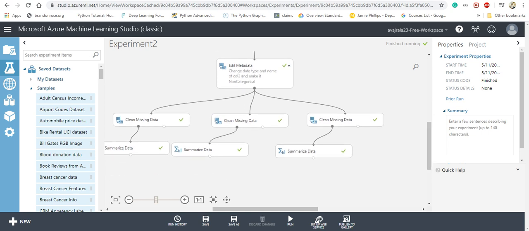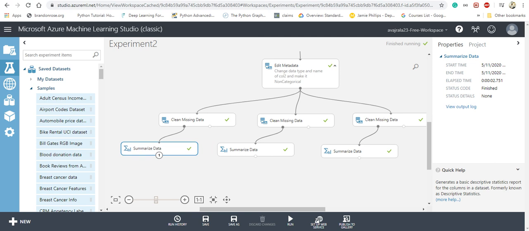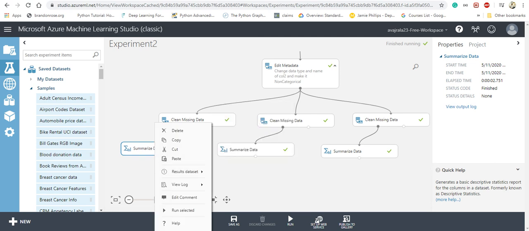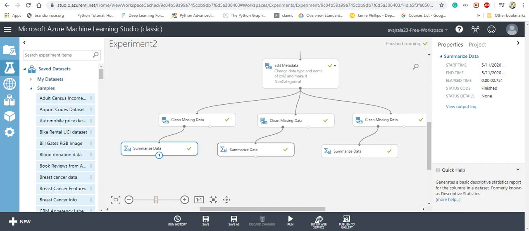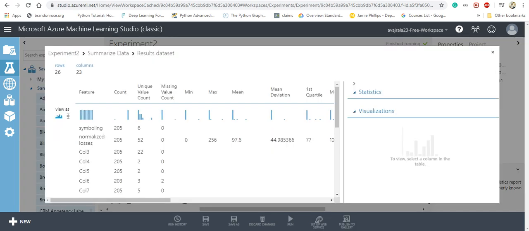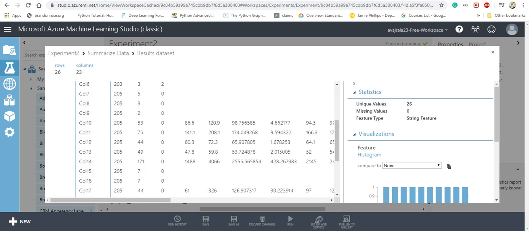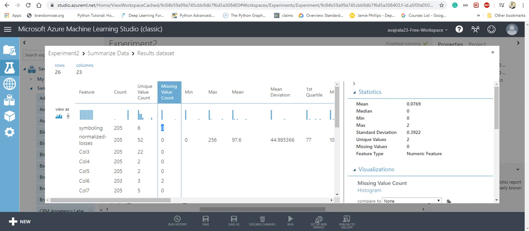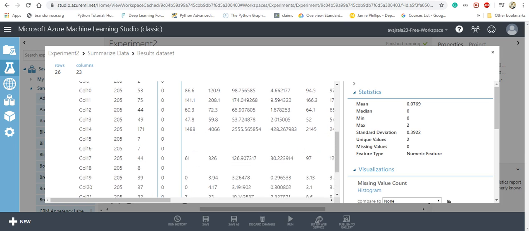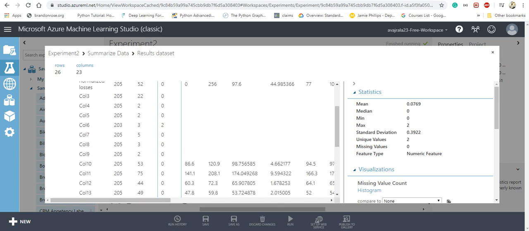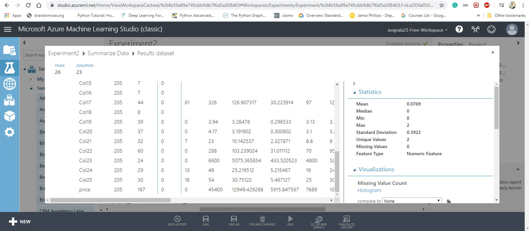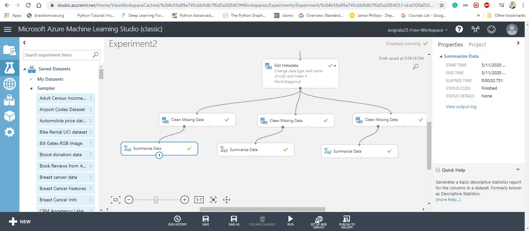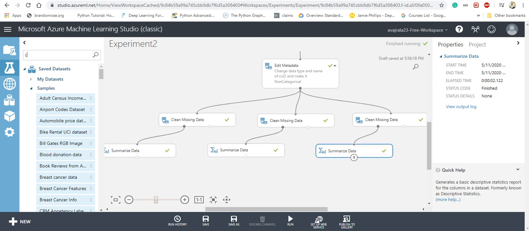So what I want to do is compute the correlation, and you can see the summary statistics as well. Result data set visualize how this missing value imputation has an effect on each of these columns. You can see column number 0 symbolizing whether there are any missing values. Now there won't be any missing values because we have done missing value imputation, and we have done it only on the numerical features. Column 6 is categorical, that's fine. So we'll perform basic correlation among the numerical features, and then we'll see how the results are.